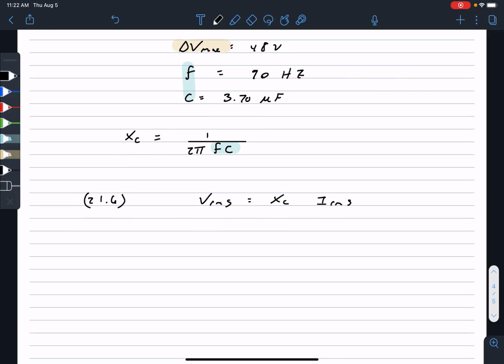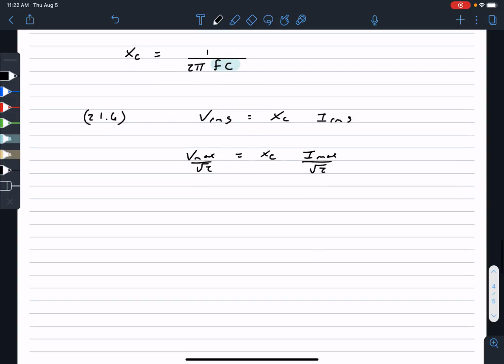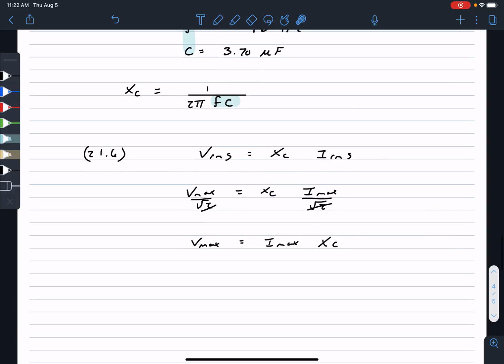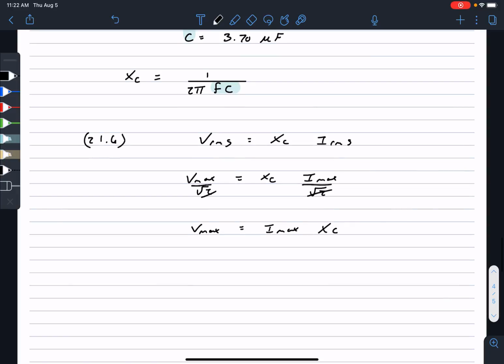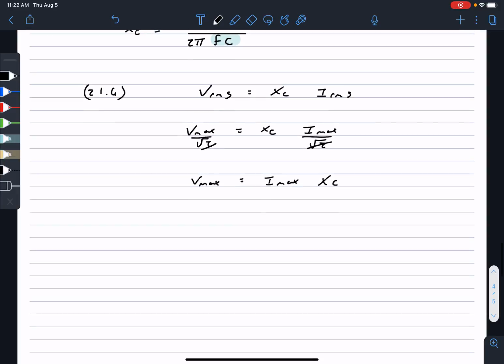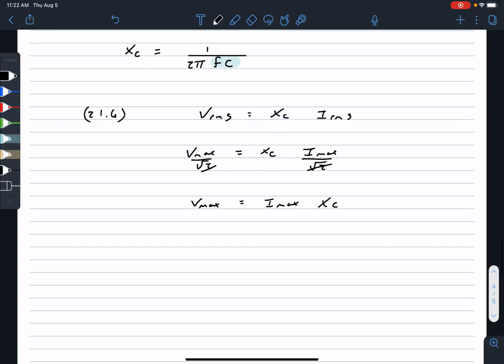And this is going to be equal to V max over square root of 2 equals XC times I max over square root of 2, right? These cancel out, so we're left with V max is equal to I max times XC. So then we can take this value here, plug it in here. We can take this value here, plug it in here, and then we should have what we need. Okay, so we want I max. What is the maximum current? That's going to equal